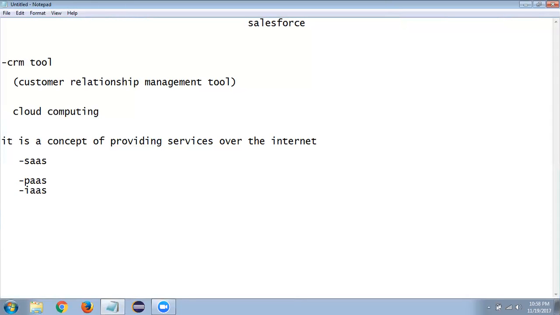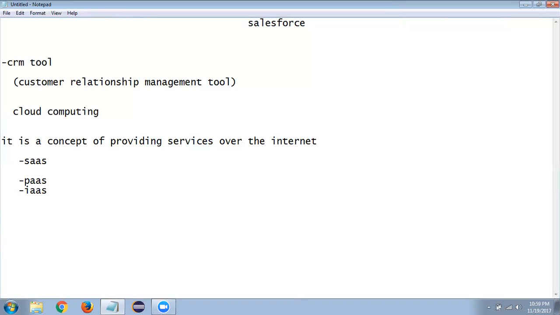Because of this concept, n number of organizations, I mean small scale organizations, if they are not able to bear such large scale configurations in their own premises, will take the help of these services for some particular period of time.